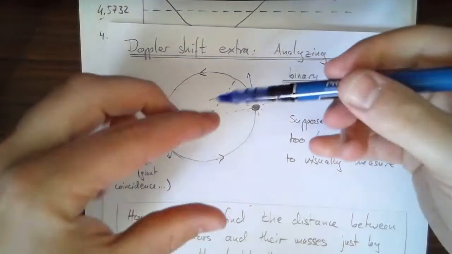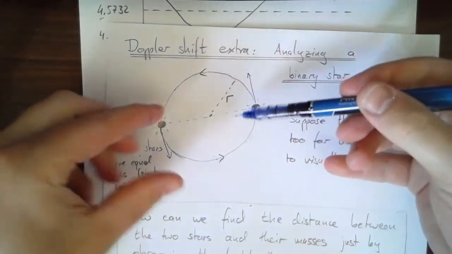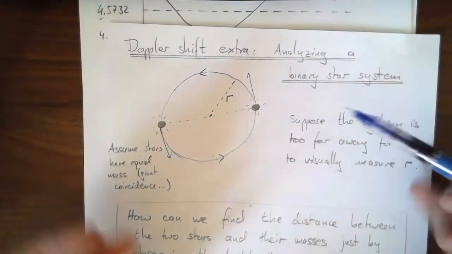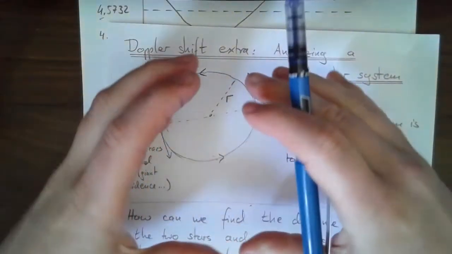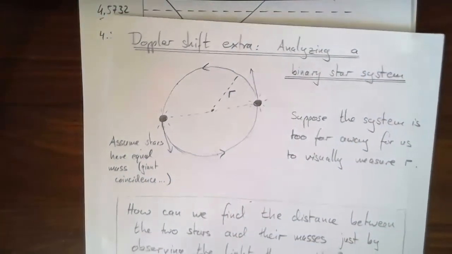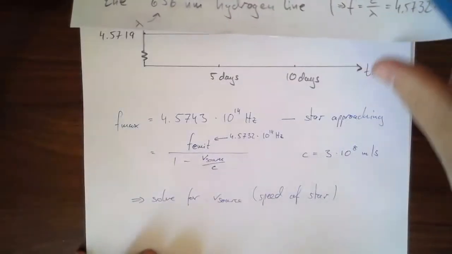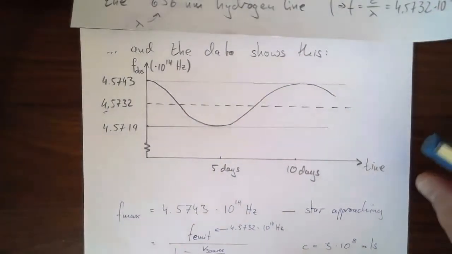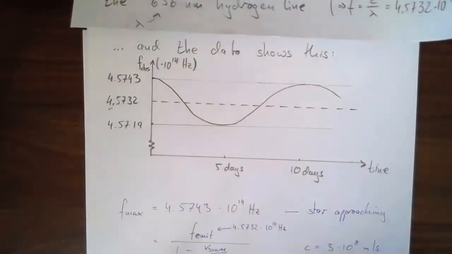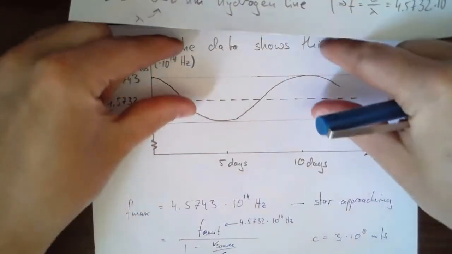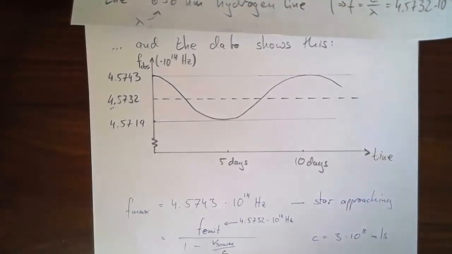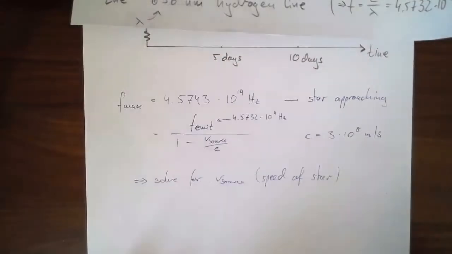One of the big assumptions I'm making is that the system as a whole stays fixed in the sky, doesn't move away from us or towards us. Again, that's not realistic. Realistically, if it's far away from us, the whole thing would be moving away from us as well. Within our galaxy, it might be coming towards us. But I'm going to ignore the overall motion. It would shift the whole graph up or down. We're just going to focus on the two stars rotating around each other.